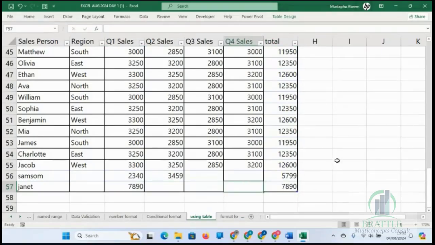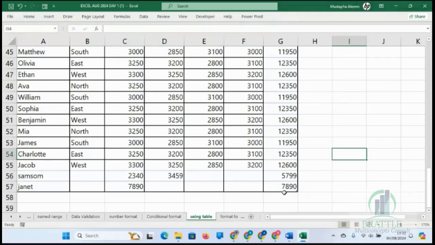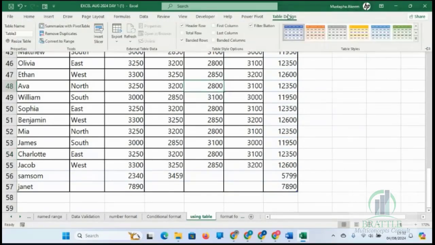When you click on the table, under this table design, the first thing you're likely to do is to give your table a name. How do you give it a name? Under table design, scroll to the extreme left and you see table name.